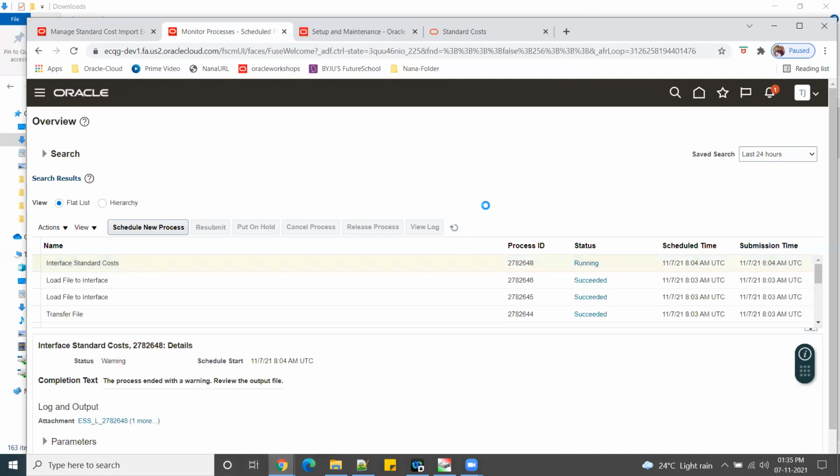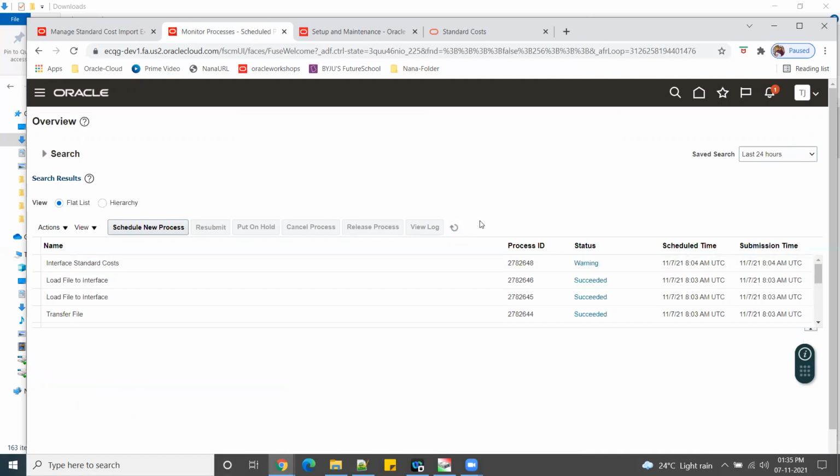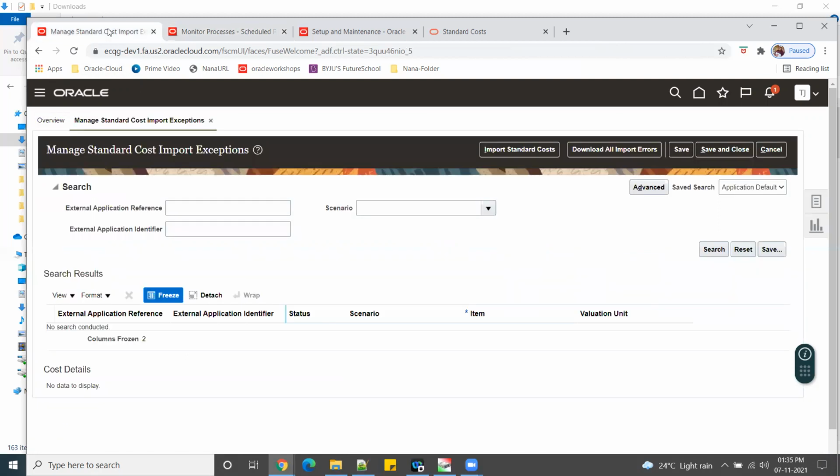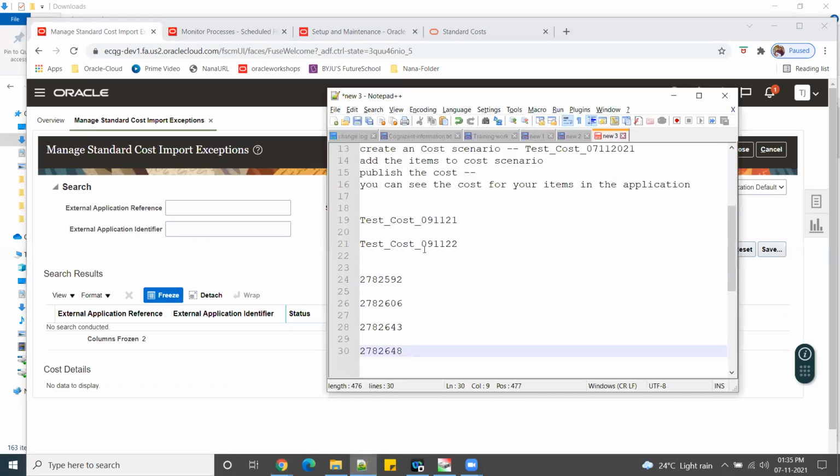So what our expectation is, since the second line doesn't have the item present in the system, the second line will go as an error. So how to verify that? Go back again to manage standard cost import exceptions and provide your scenario name.